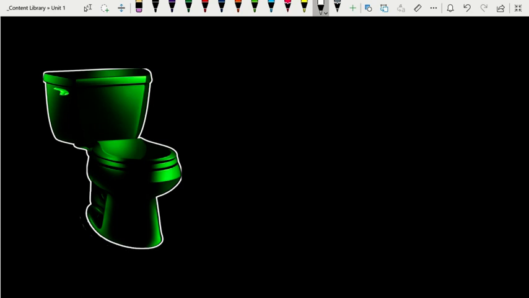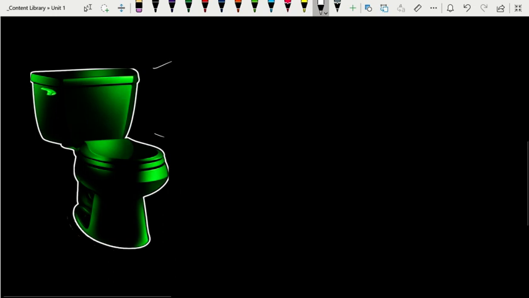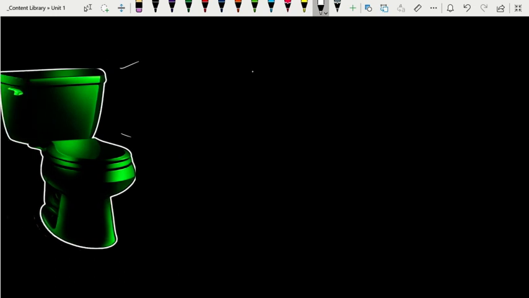Okay, so here's our toilet. If we were to zoom in on this area of the basin that holds the water, this is what we're really interested in. If we drew this out real quick, what will we see inside? You see this catch basin. There's a lid on top, but then we've got the flushing mechanism right here.